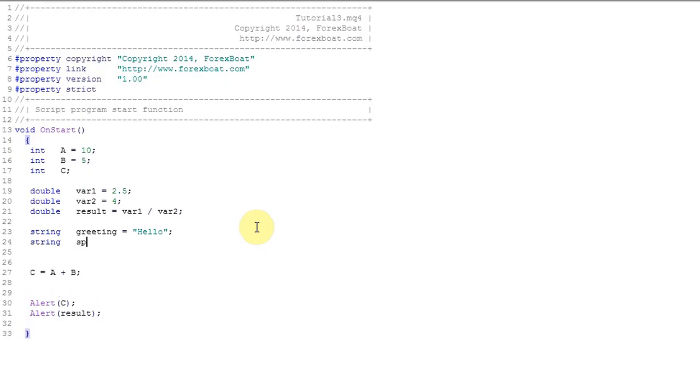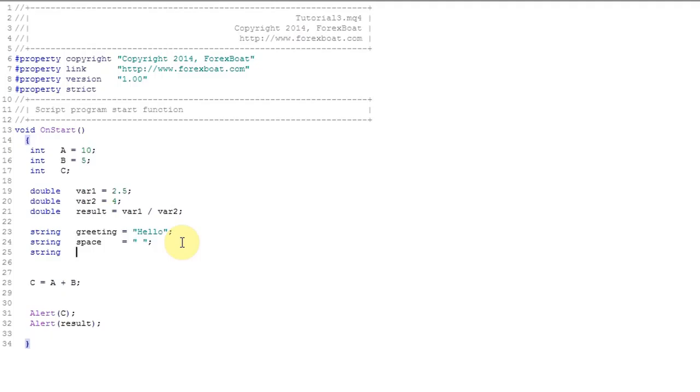String, then the next variable we'll call space. Here we'll just put a text which just contains one simple space symbol, and the last string that we want to use,